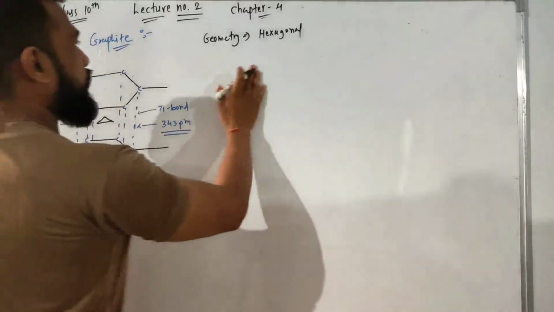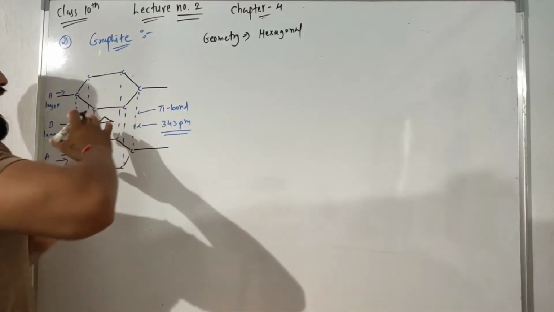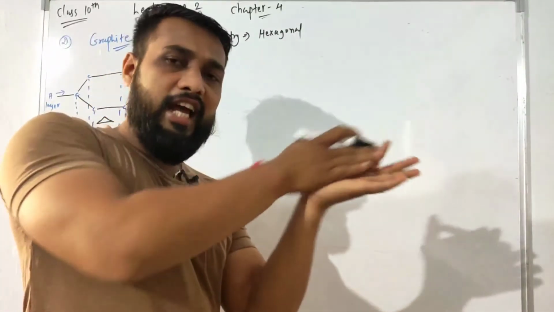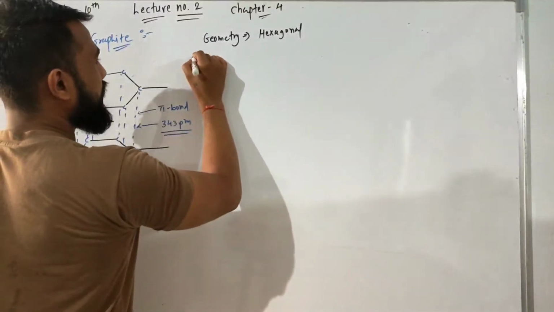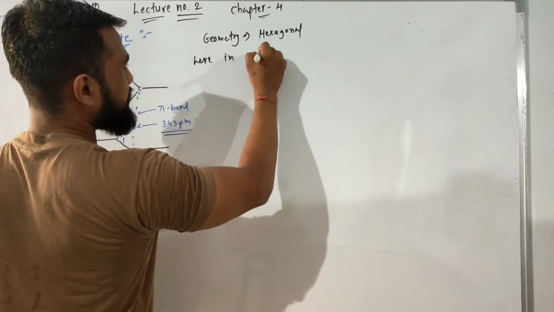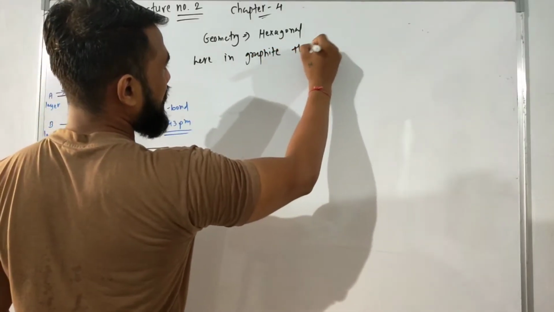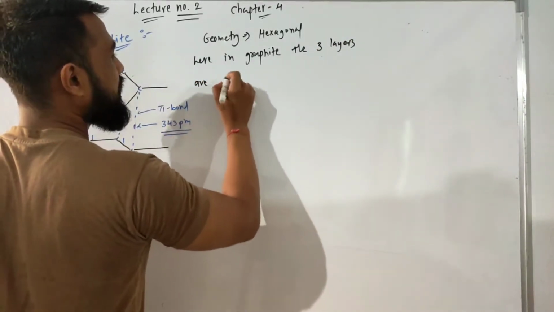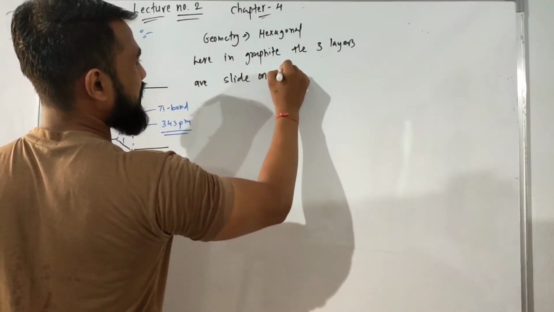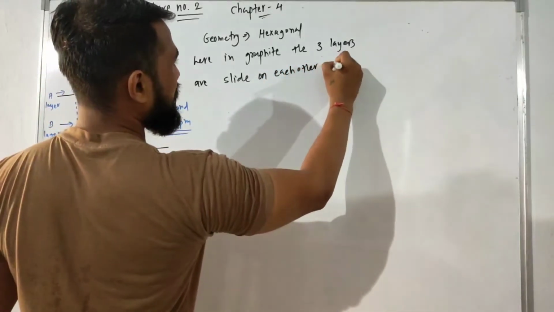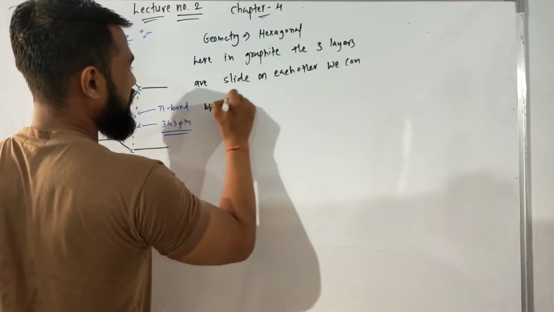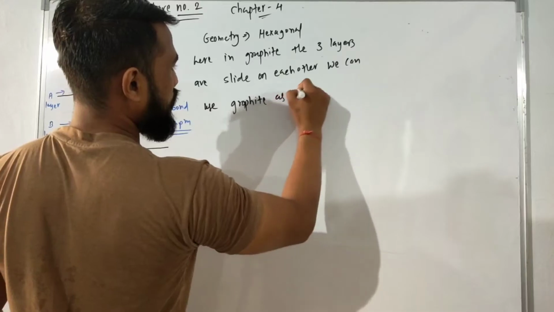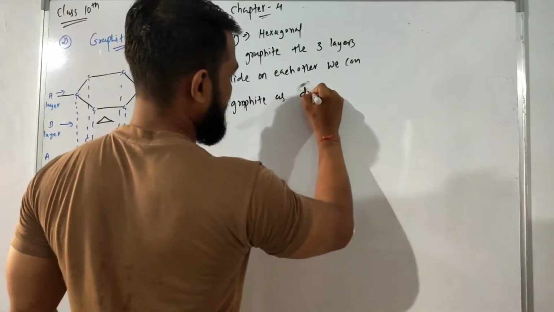Because of this, the 3 layers slide on each other. We can say that here in graphite the 3 layers slide on each other. We can use graphite as a lubricant or dry lubricant